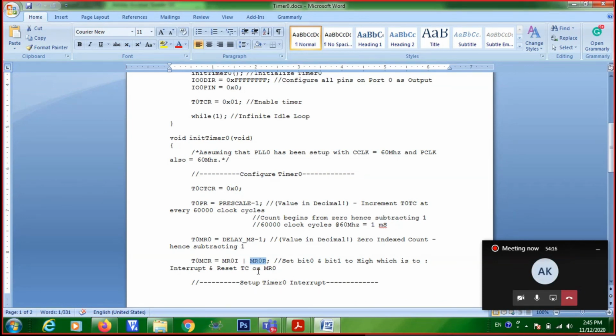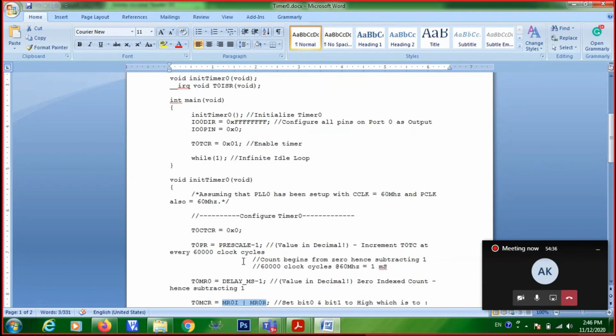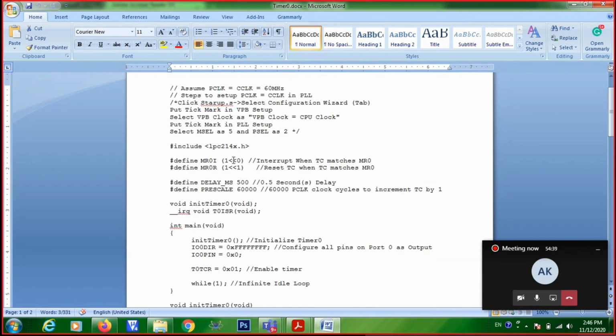You can write that, but generally when you are writing bigger programs, you will not be using bit numbers. You will be using only user defined variables or defines like this, so that when you are going through the program, there is no need of having more details regarding the bits. And it is easier to change the value here directly, with no need of modifying the program. Only #defines you will be changing when you are writing a more generalized program.